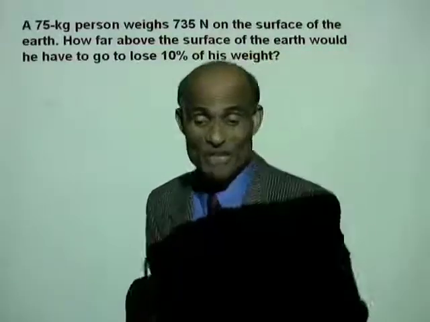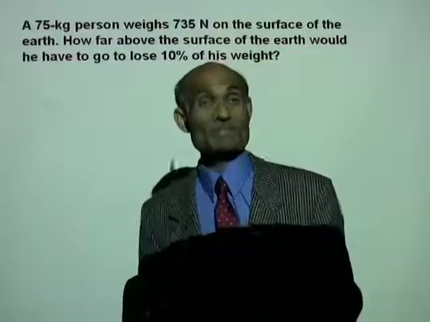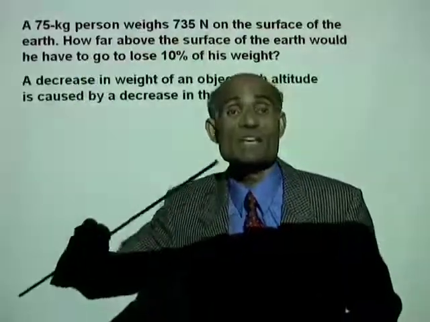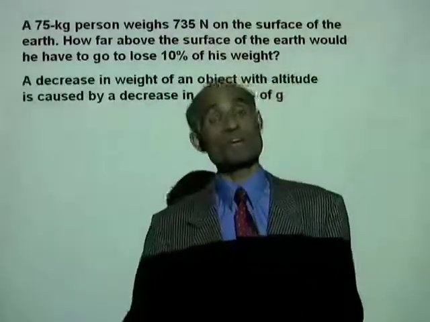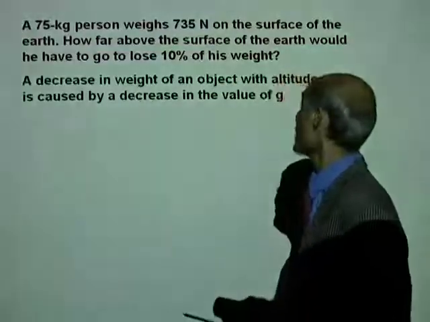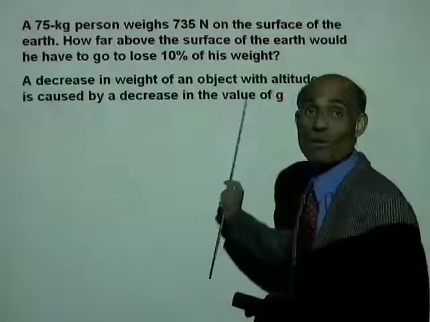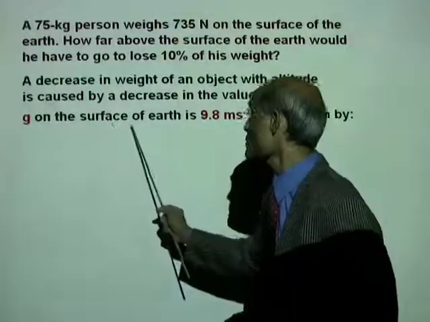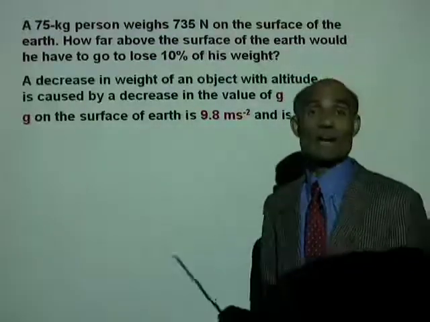Well, obviously this is related to g, the acceleration due to gravity. Is that right? The value of the acceleration due to gravity at a particular altitude is 10% less than what is on the surface of the earth. We need to find that altitude. A decrease in weight of an object with altitude is caused by the decrease in the value of g, the acceleration due to gravity. g on the surface of the earth is 9.8 meters per second squared and is given